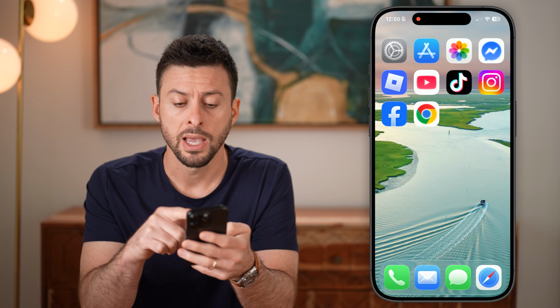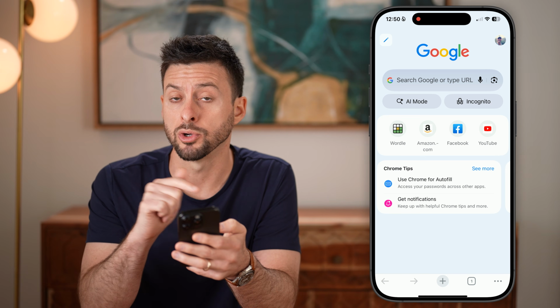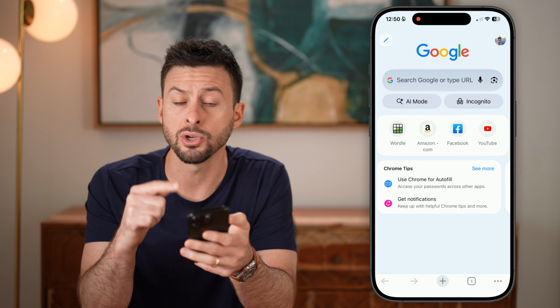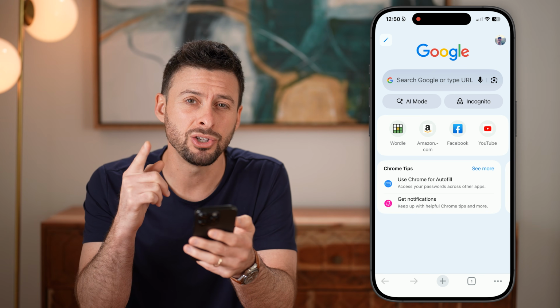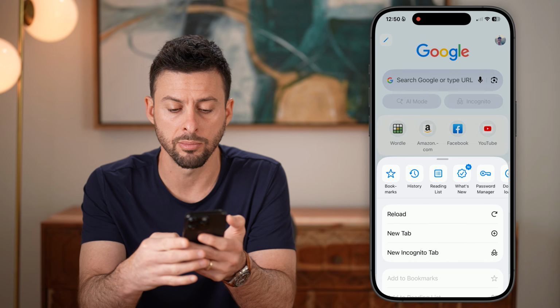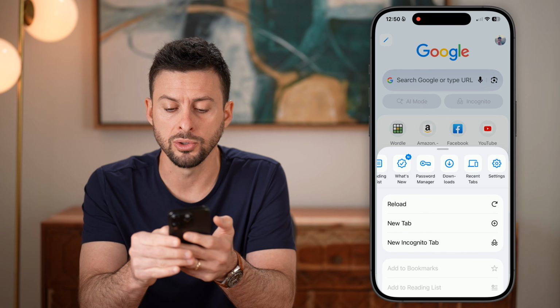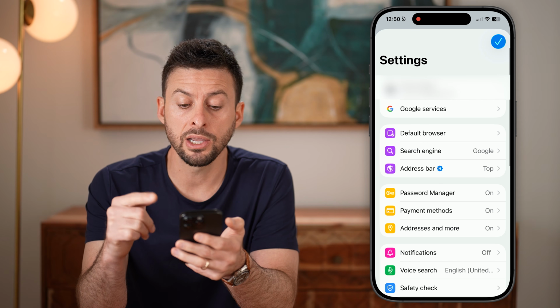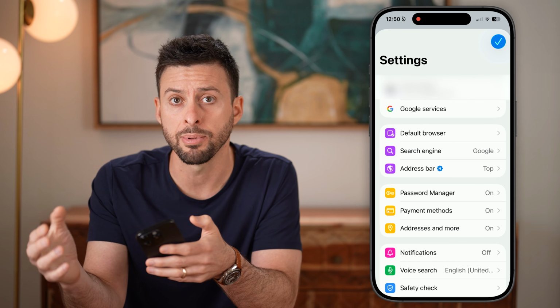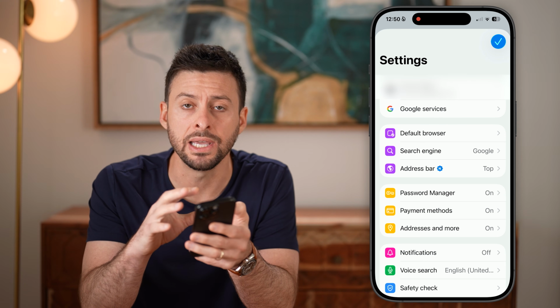However, let's say Google Chrome is your browser that you're using on your iPhone. It's a bit different in here. So open up the app and let's get to your settings for Google Chrome just by tapping on the three dots at the bottom right, and then swiping over to settings. Now within here, it is the settings in the app itself. So we're not going to go to the settings app, but we're going to go to the settings within Google